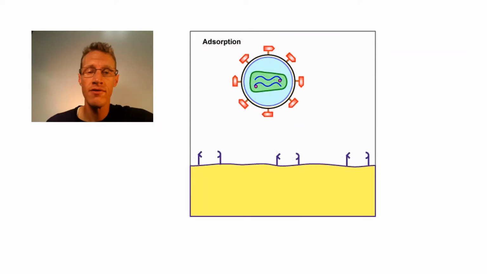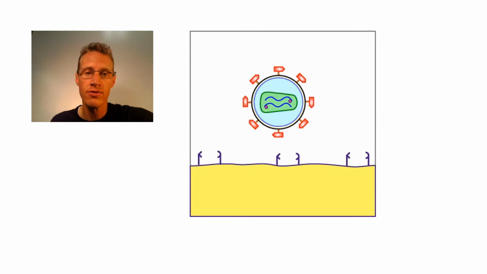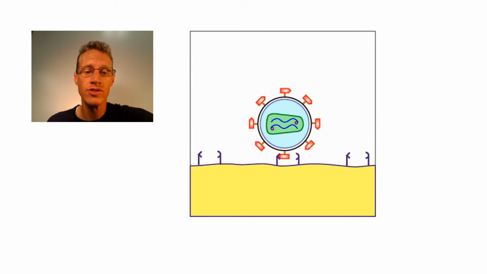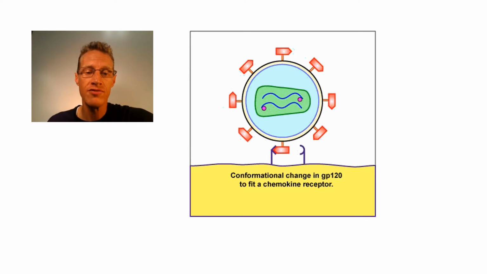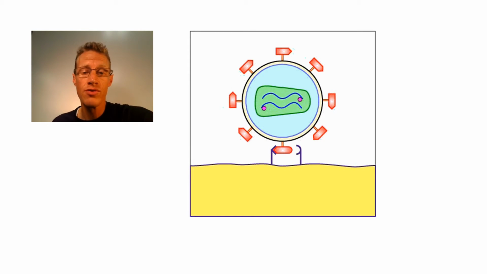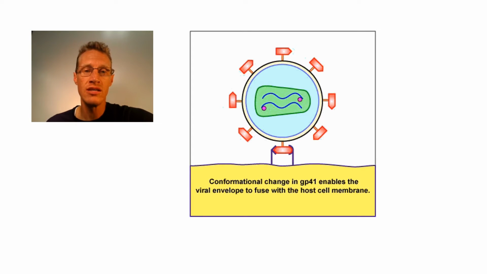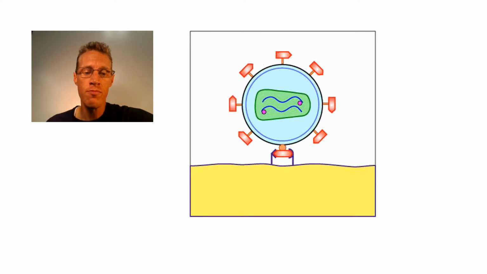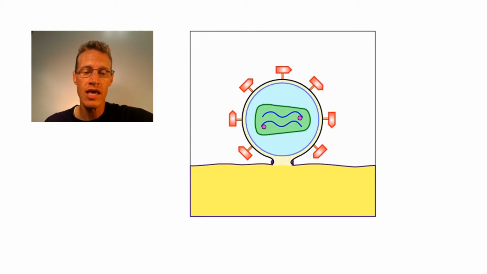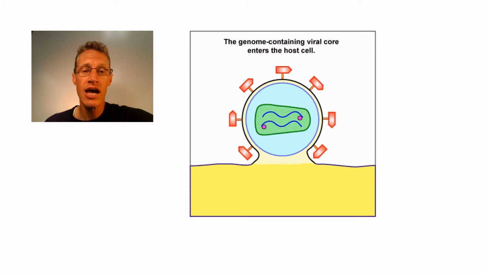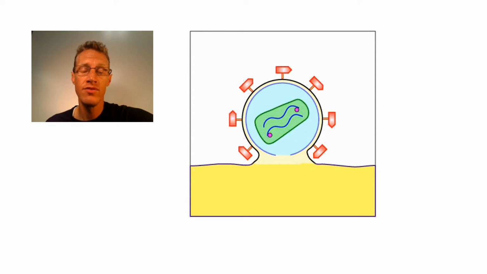So the first thing that's going to happen is the HIV virus is going to attach to its host and get access into the cytoplasm. You'll see here these molecules called CD4 and chemokine receptors. Those are markers on the host surface that those glycoproteins have to attach to. The glycoproteins go through a number of changes. They change their shape, which allows the virus to sort of bind with and fuse into the membrane. The envelope is going to sort of fuse with that plasma membrane there and inject the capsid and the genome